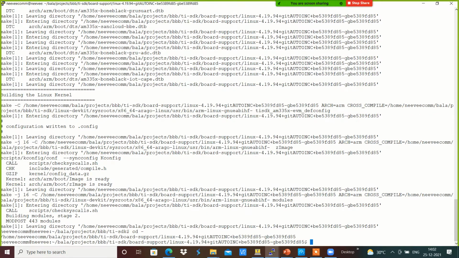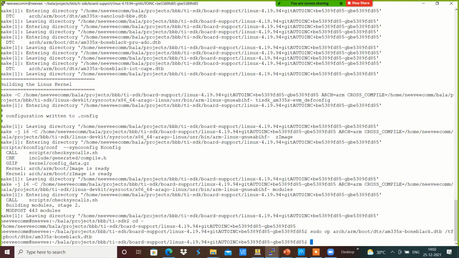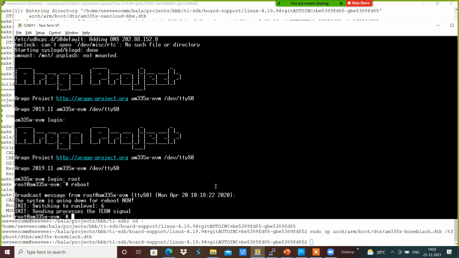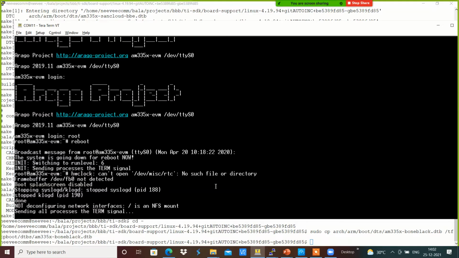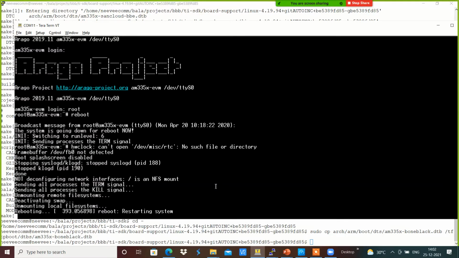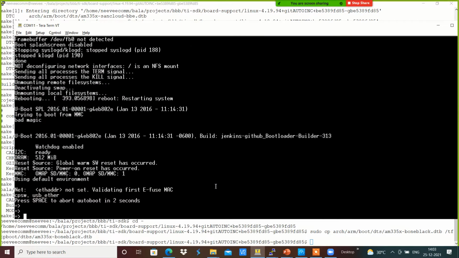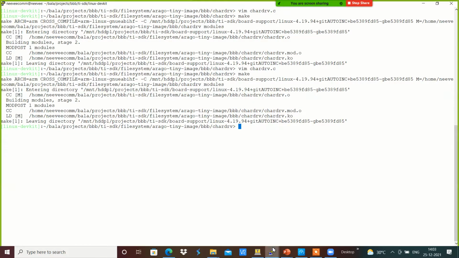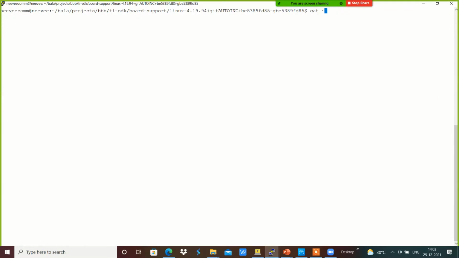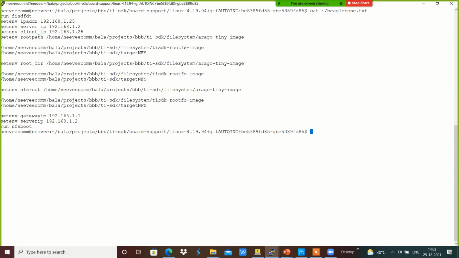Now I'm going to copy this and boot it from here. Whenever I do reboot, here we have cat, the bootup script will be something like this.